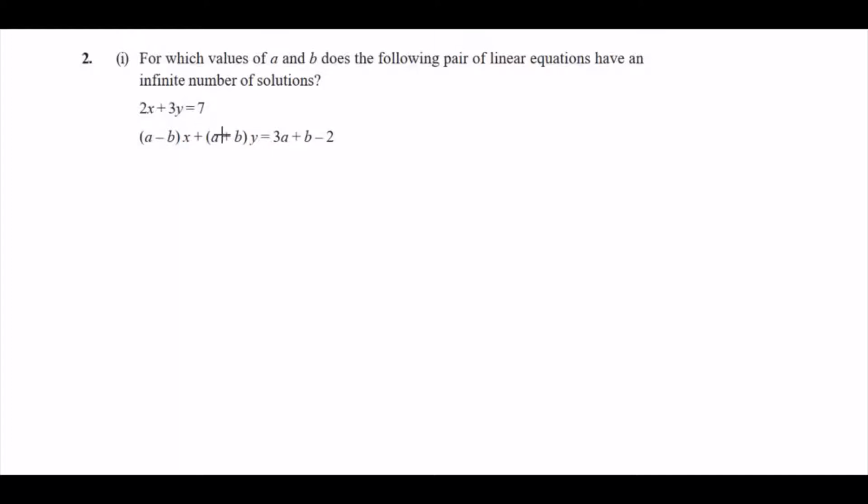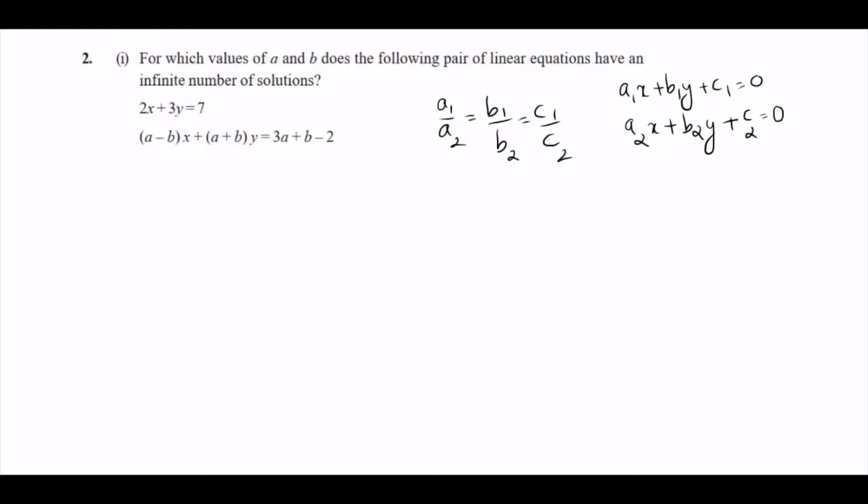of solutions. You know the shortcut method to find out the pair of linear equations that have infinite solutions, that is by comparing the ratios of the coefficients. By comparing the ratios, if you get a1 by a2 is equal to b1 by b2 is equal to c1 by c2, then this pair of linear equations will have infinitely many solutions. That is, you will get infinitely many solutions for x and y.